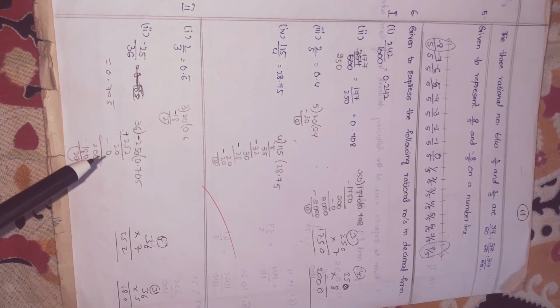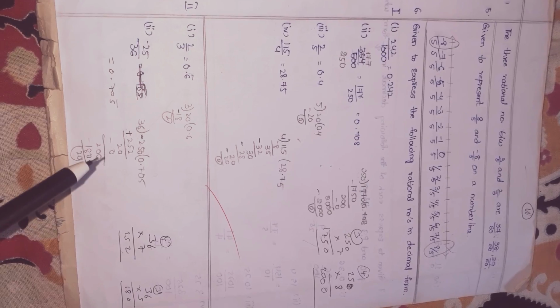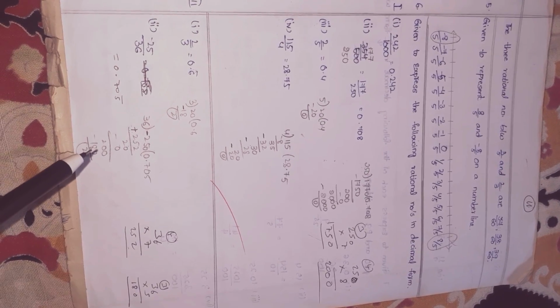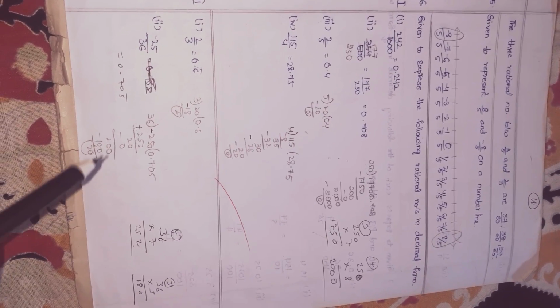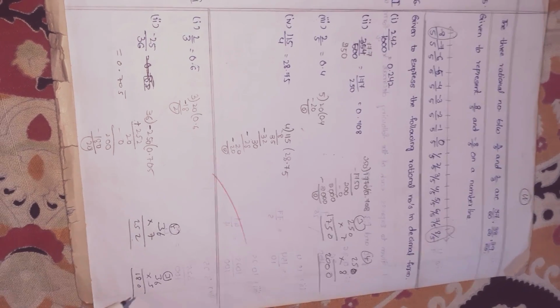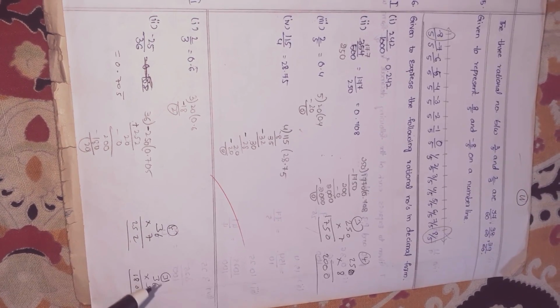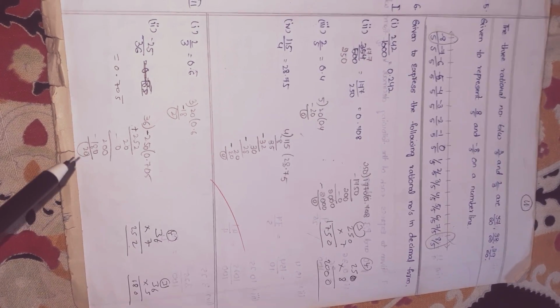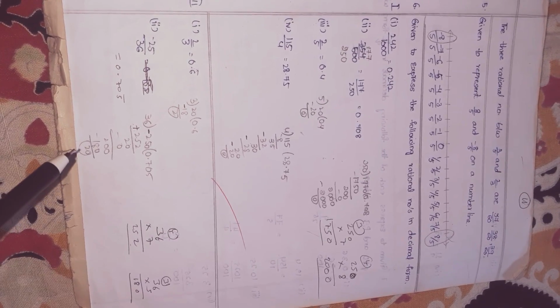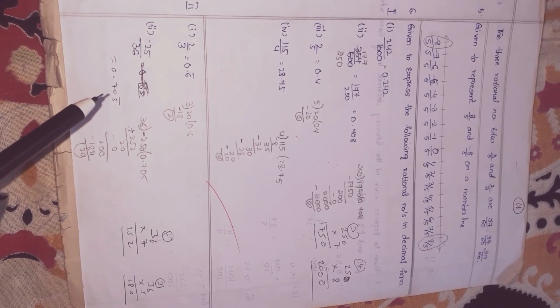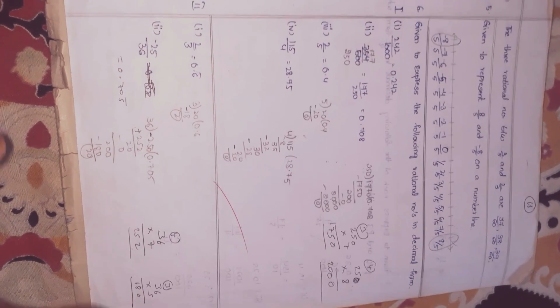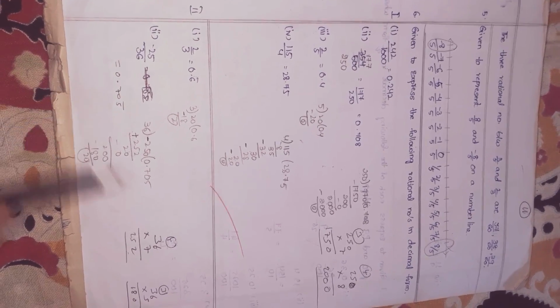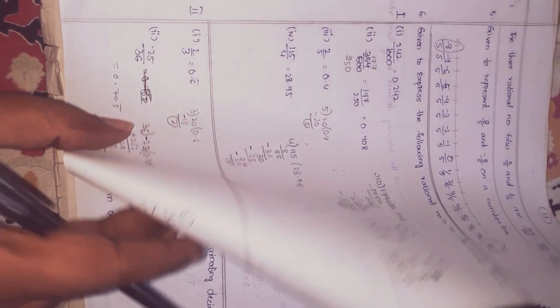So already point is there, keep 0, not possible. So 36 zeros are 0, means 20 minus 0 is 20. Already point is there, keep 0 children. Next 36 fives, if you do, means 5 6s are 30, 3 carry, 5 3s are 15 plus 3 is 18 children. So 180. So again this is repeating children. So 0.705 bar, 5 bar. Whenever negative is given you should do like this children. Is it clear?